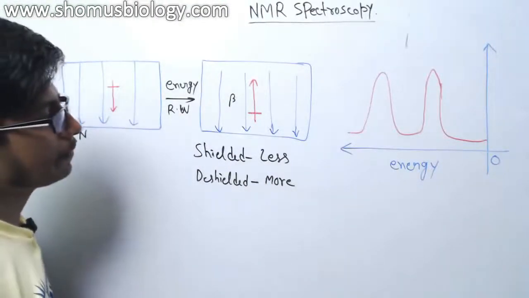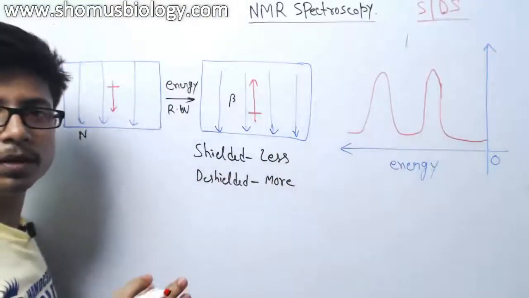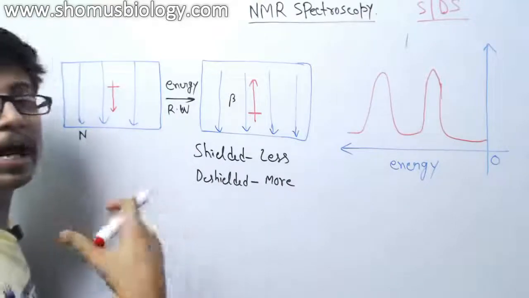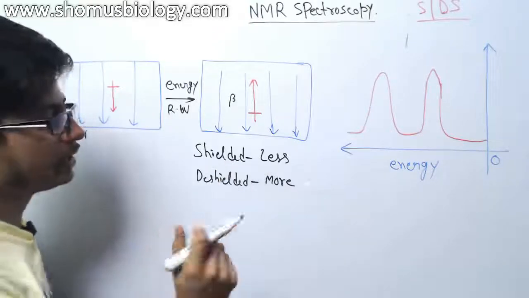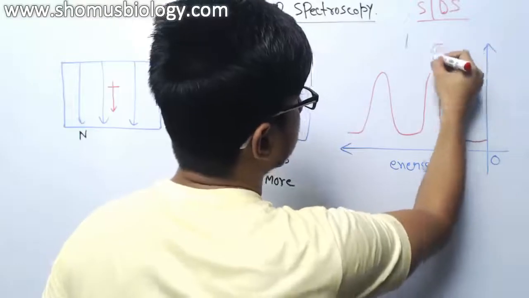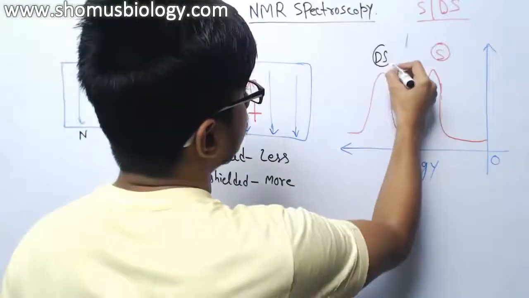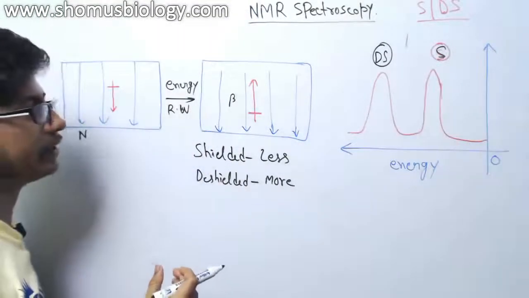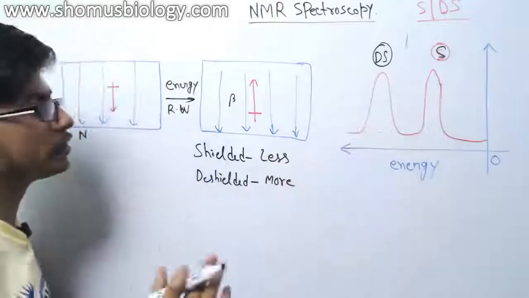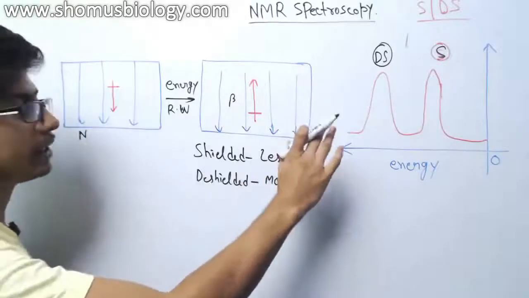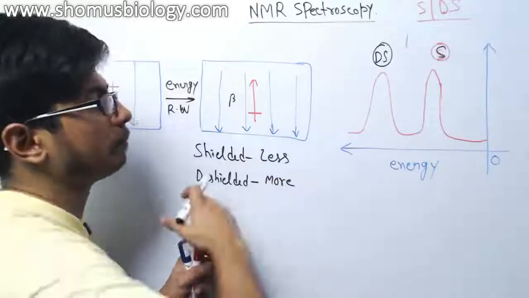Now for example, say there are two types of magnetic situation, two types of hydrogen, shielded and de-shielded. For the shielded one, remember, we need less energy, so it will be here, and the de-shielded will be here. We have this kind of graph for that. This graph is going to tell us how exactly it is organized. Now think about the same graph if we are dealing with a molecule which has multiple hydrogens